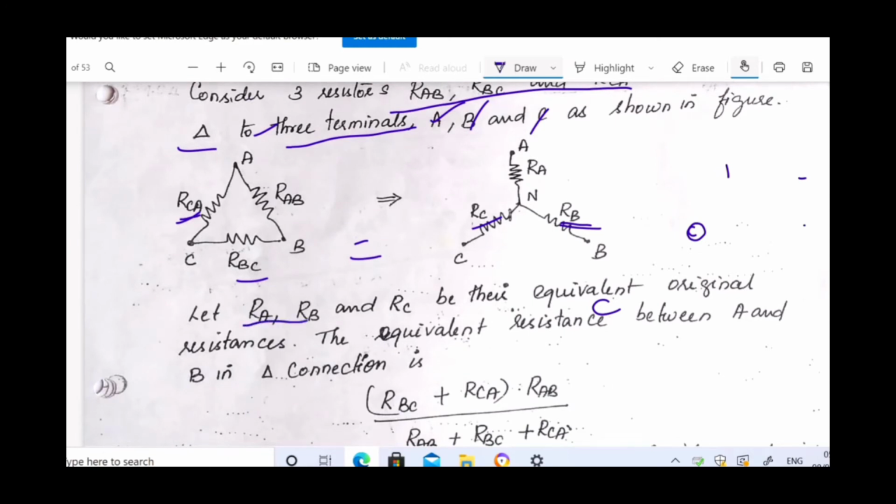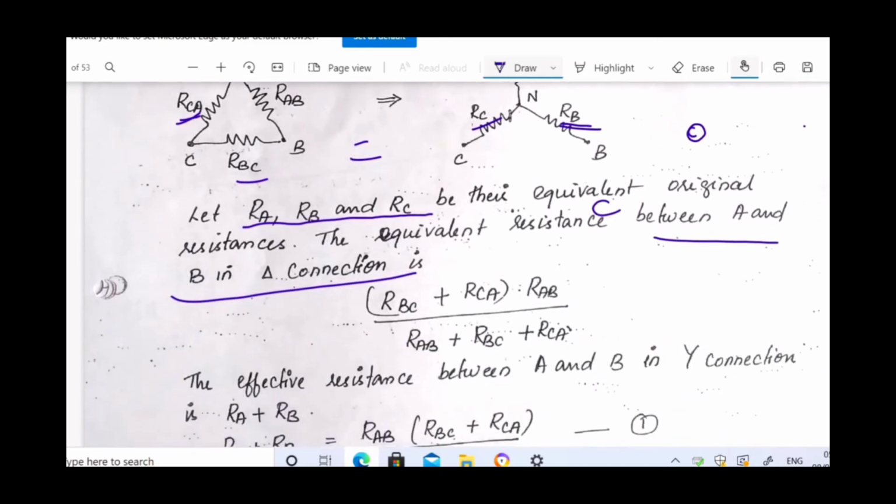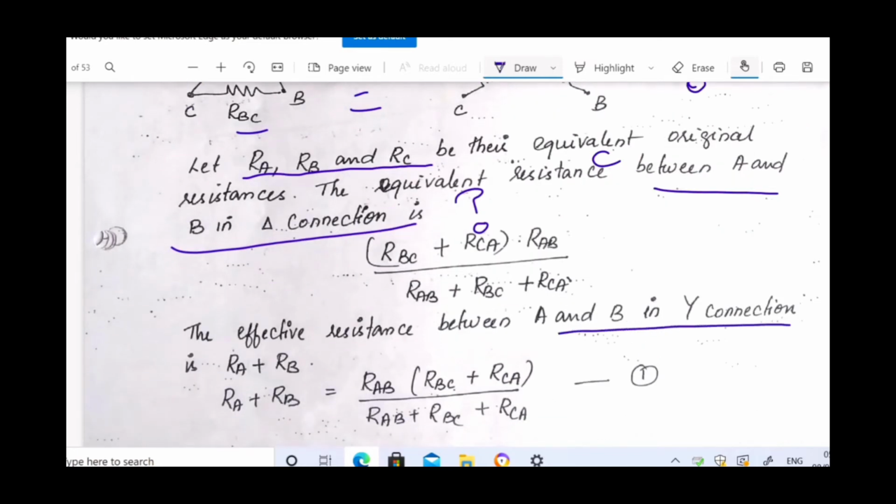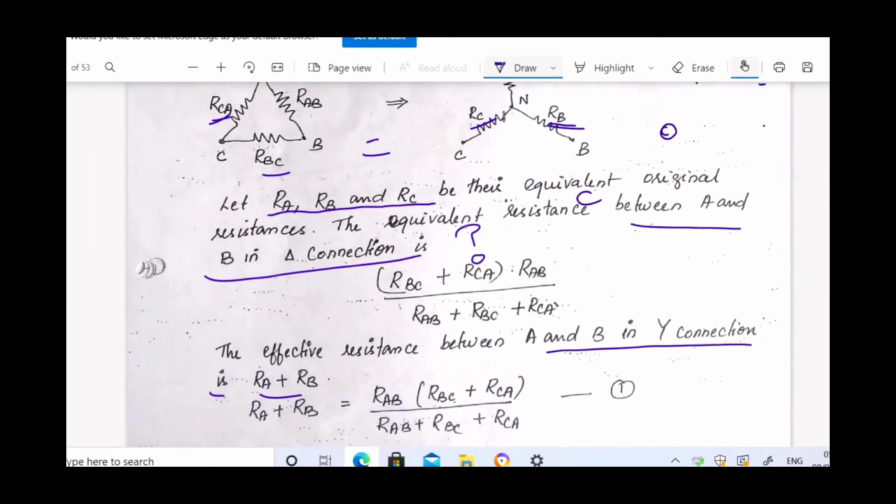Let RA, RB and RC be their equivalent resistances. The equivalent resistance between A and B in the delta connection is represented like this. The effective resistance between A and B in a Y or star connection is RA plus RB. So the resistance between A and B is RA plus RB in the Y connection, which is